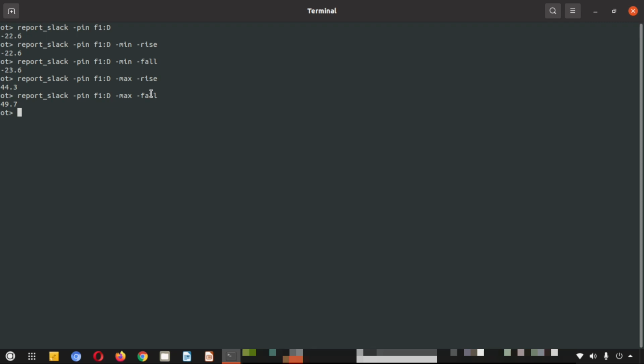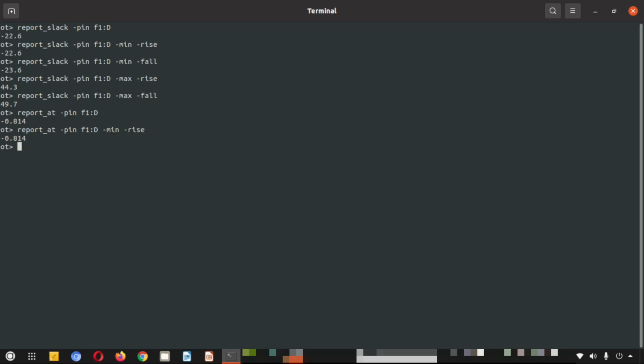Now we are done with the report slack command. Now for the same pin, we will report AT, that is arrival time, for pin F1:D. Here we just print it. Now we proceed further again for the min and rise.